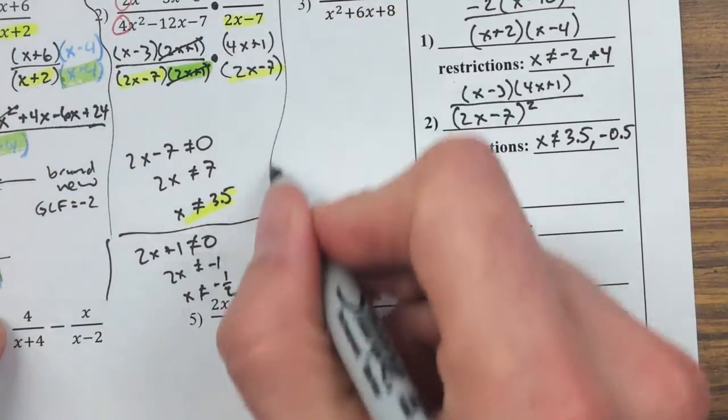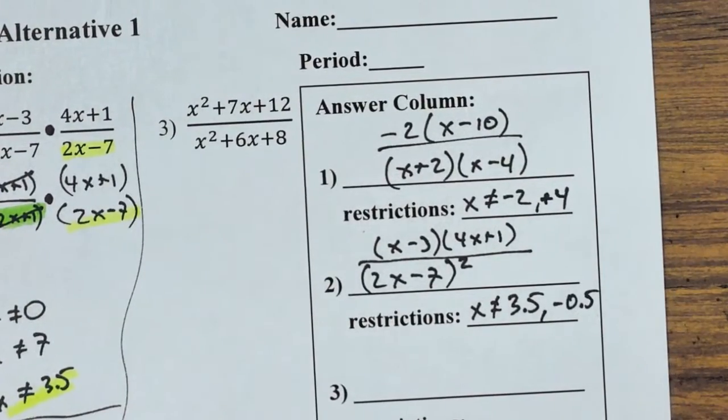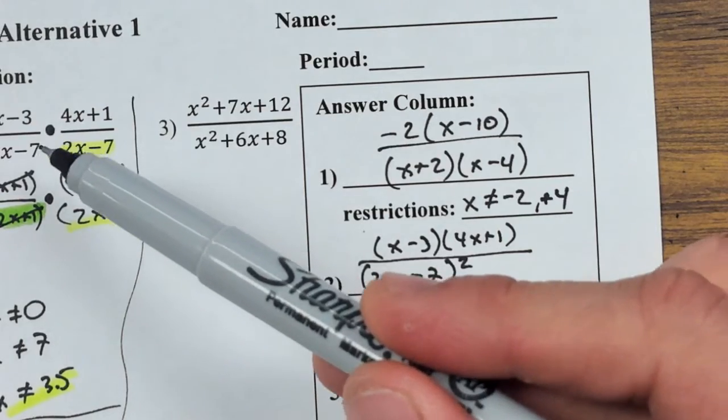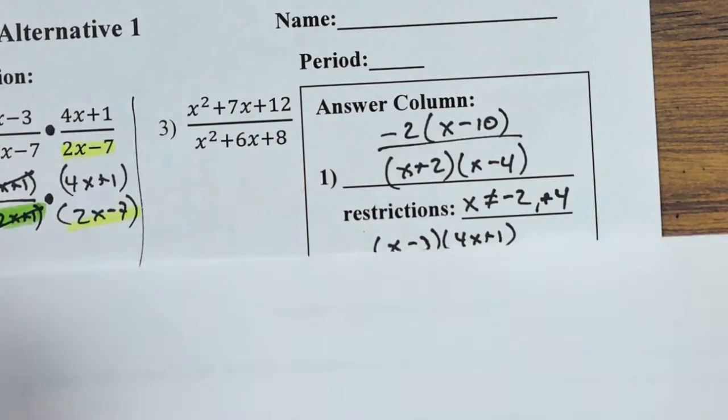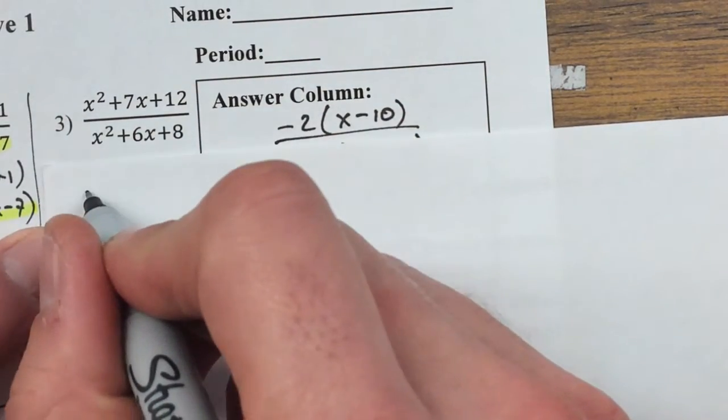Okay, now we're off to question number 3. Question number 3 is probably the easiest question on the page. There's no plus sign, there's no minus sign, there's not even a multiplication sign like number 2. So when you get a question like problem number 3, it's just basically, do you know how to factor the